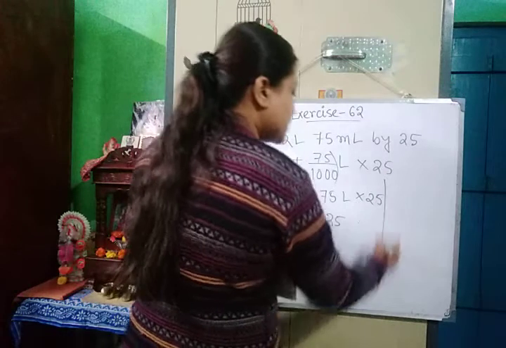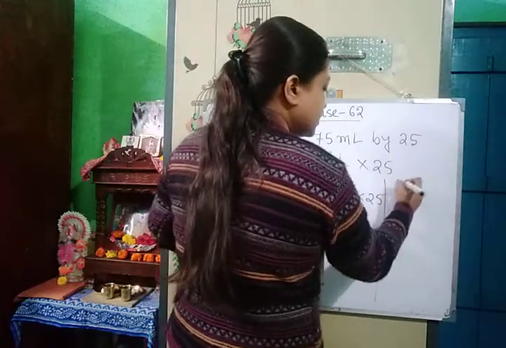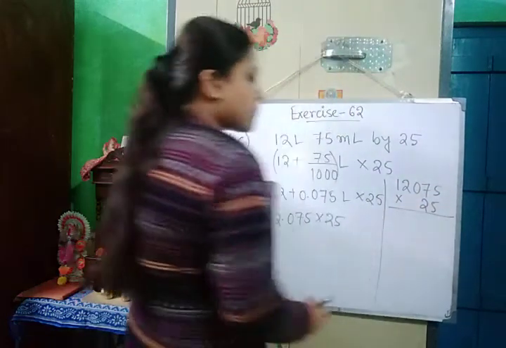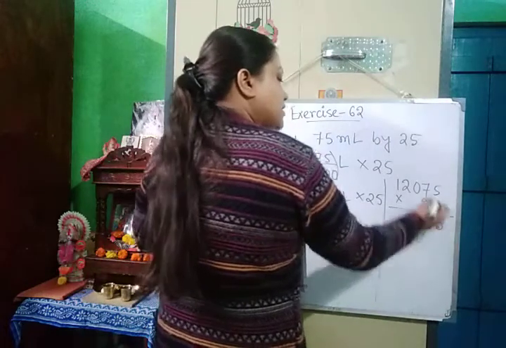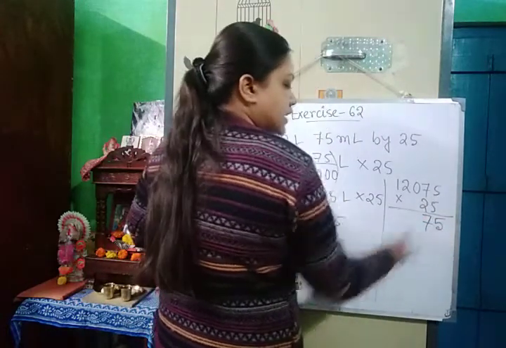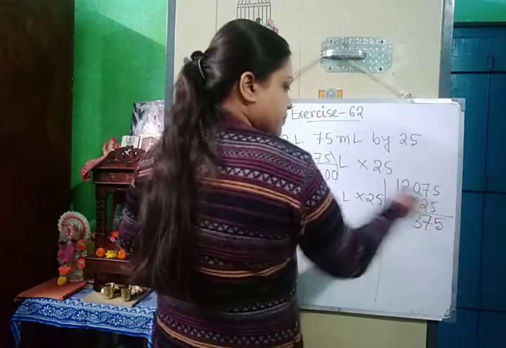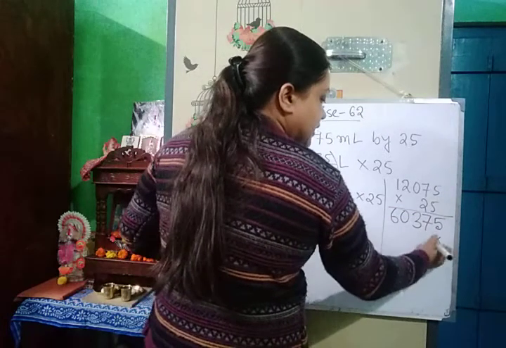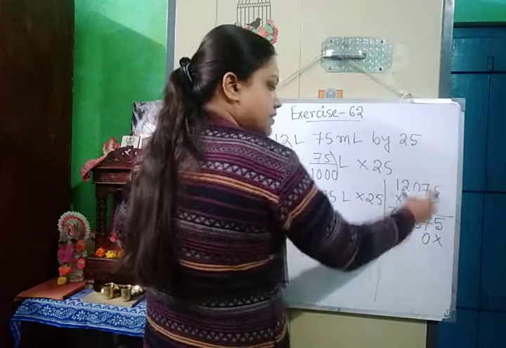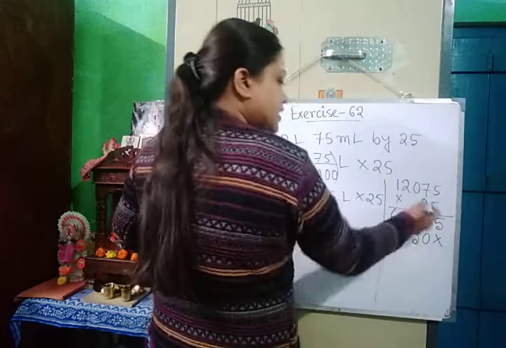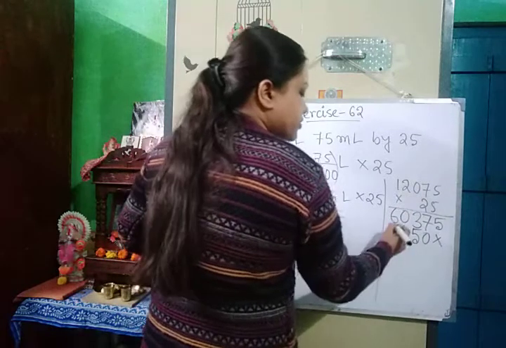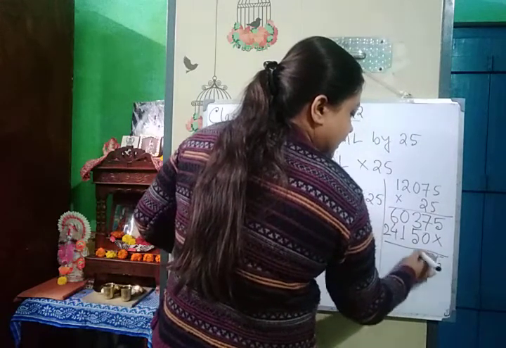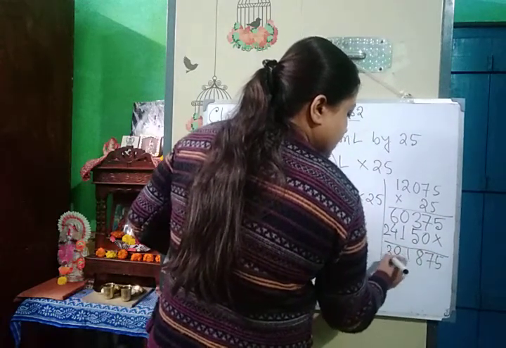Here I am doing the multiplication without the point. 12.075 and it's 25. Okay. So 5 5s are 25, 5 here 2 in hand, 5 7s are 35 plus 2 is 37, 3 in hand, 5 0s are 0 plus 3 is 3, 5 2s are 10, 0 1 in hand, 5 1s are 5 plus 1 is 6, 2 5s are 10, 1 in hand, 7 2s are 14 plus 1 is 15, 5 1 in hand, 2 0s are 0 plus 1 is 1, 2 2s are 4 and 2 1s are 2.